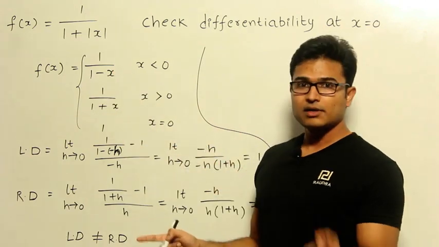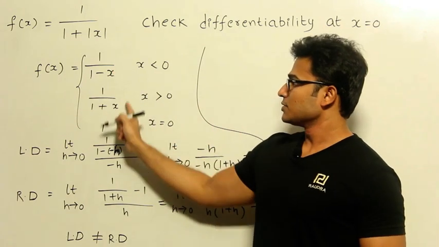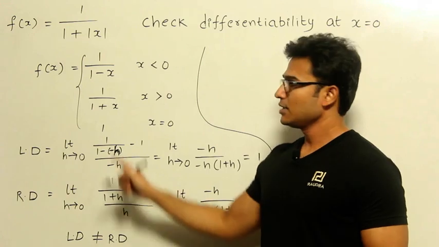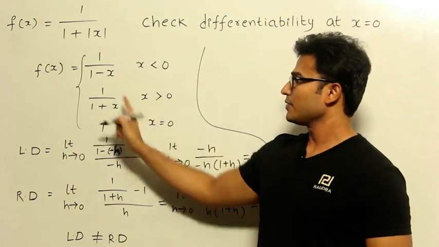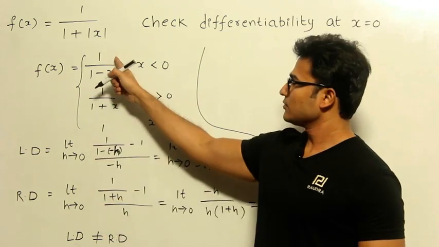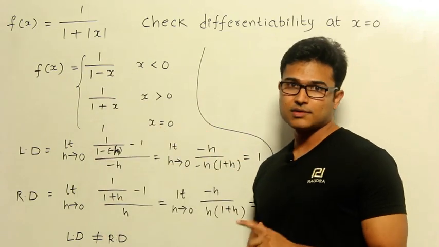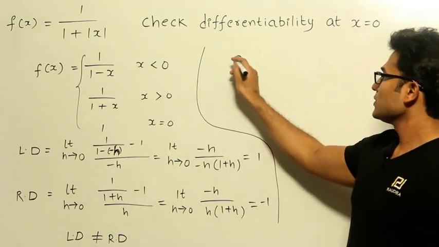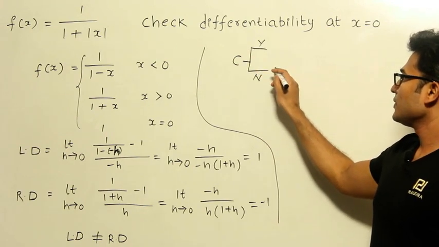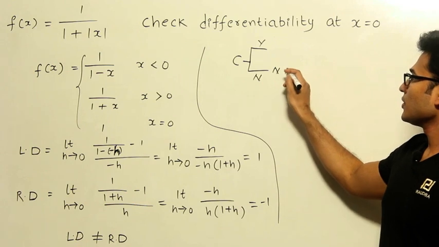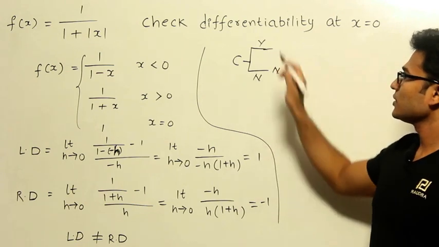What happens to the function on the right side? Right of 0 is this one, right? At that point, if you substitute x equal to 0, it is going to be 1 by 1, again 1. It is 1, it is 1, and it is 1. So you can say that it is continuous, right? Whenever it is not continuous, then it is not differentiable also. If it is continuous, you can apply the shortcut.